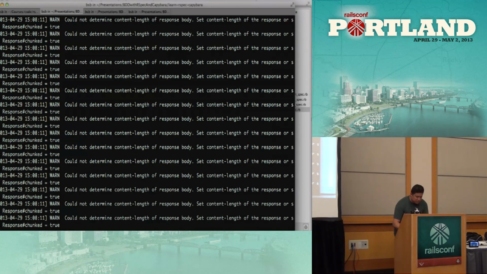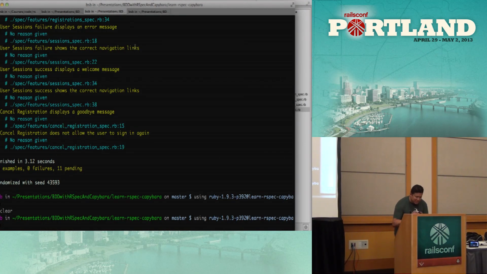And since we're getting close to running out of time, I'm going to just run this so you can see what I like to experience every time that I'm working with Capybara. Obviously, when you have a very large suite of tests, you don't want to run them all at the same time, but I run one specific one that I'm working on, and it allows me to keep on playing this movie of what I'm doing really fast in my mind, and it becomes a really dynamic approach to building your app.